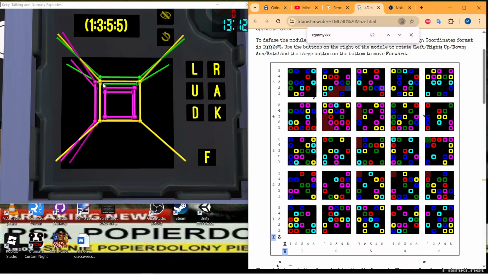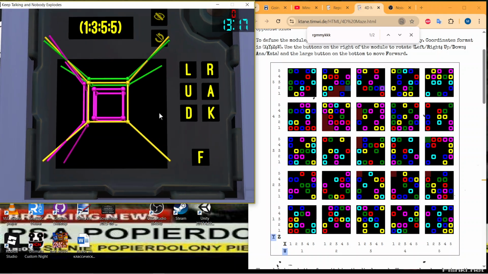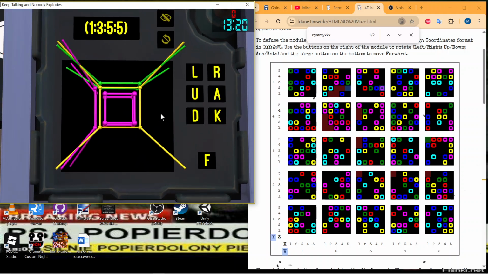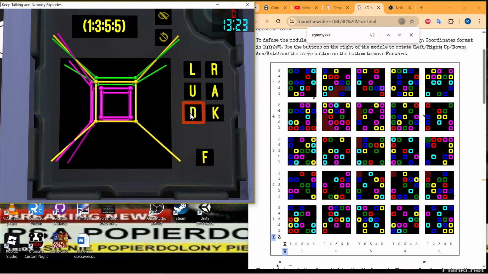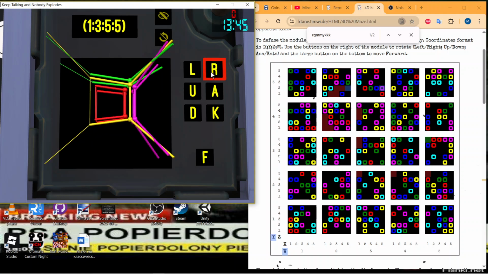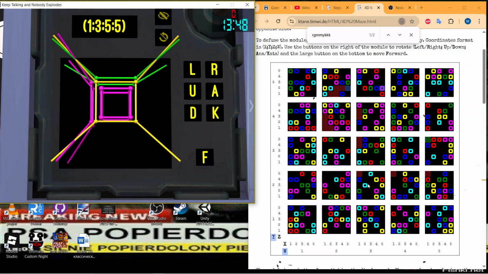Yeah. So to switch a specific X, you need to use the up, down, or Ana Kata buttons. The one X you're looking at currently will not switch, but the ones to the left and right will switch. So currently we're looking at magenta, which is, I forgot which magenta it is. It's the one paired with red. Yeah. So the one paired with red is Yankee. So if we go up,